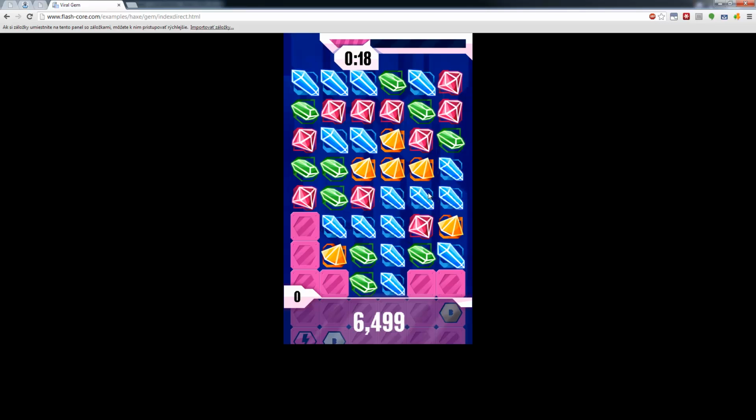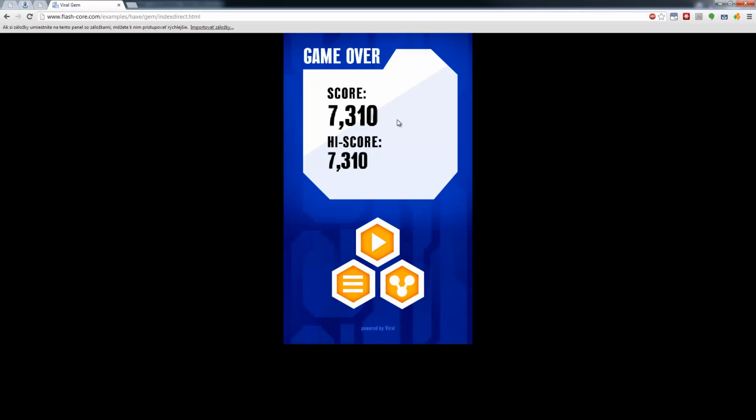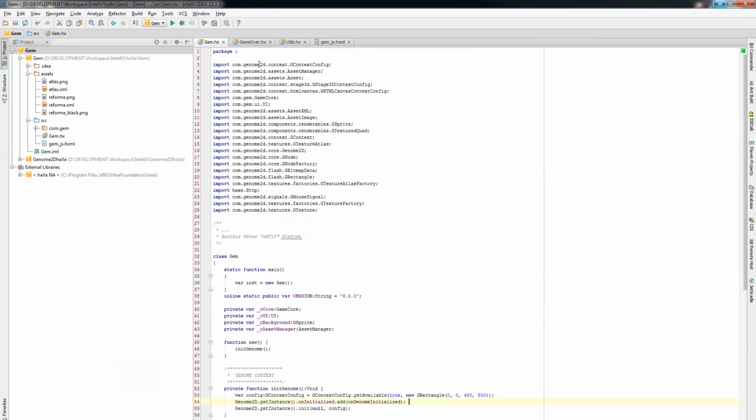Even if haXe wasn't there in the future, we still have the Genome2D JavaScript files from this, so you can even compile JavaScript Genome2D and create your own JavaScript projects on top of it. There is no limitation. And another thing is that the haXe Genome2D is created in a way that you can compile it to the